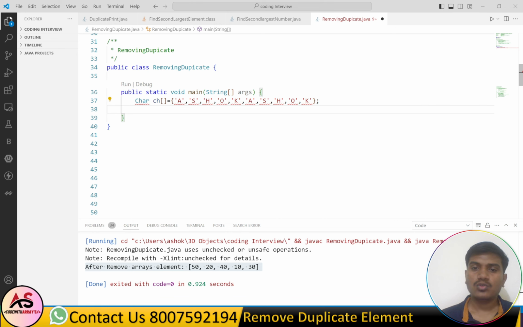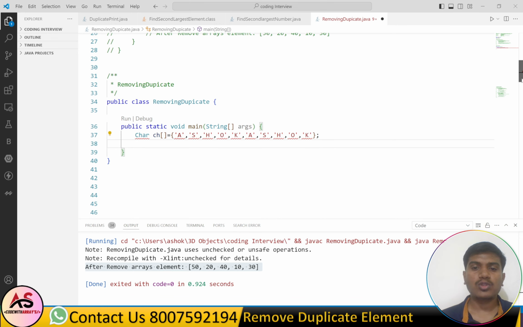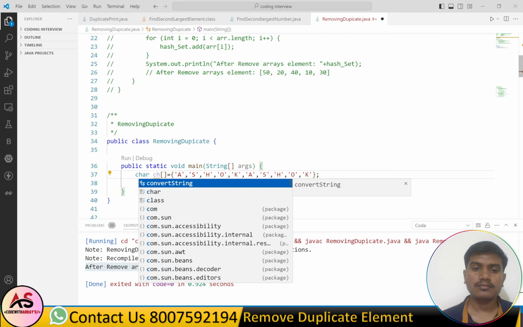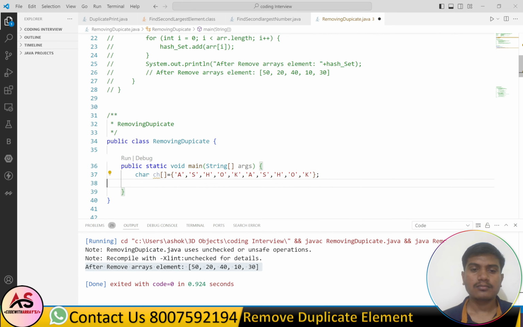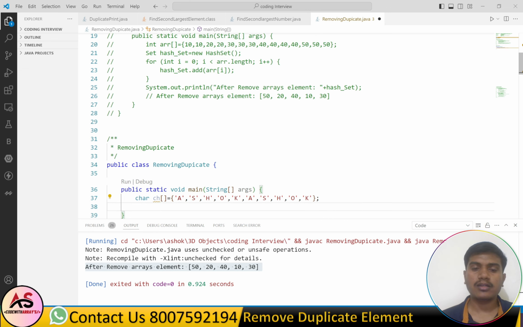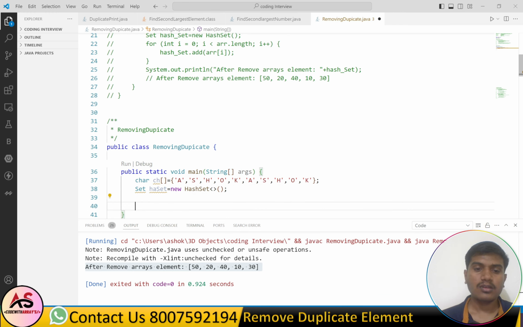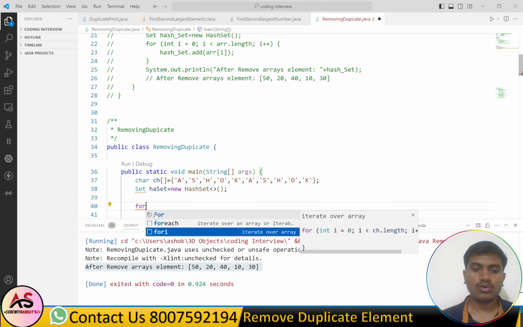Now to solve both the problems, the method is same. We use set here also. So Set hashSet equals to new HashSet. After that we will define a for loop.